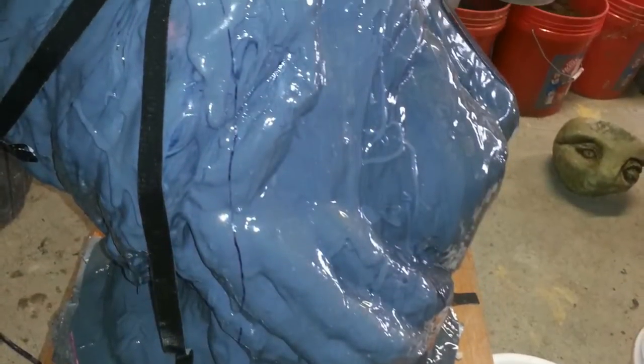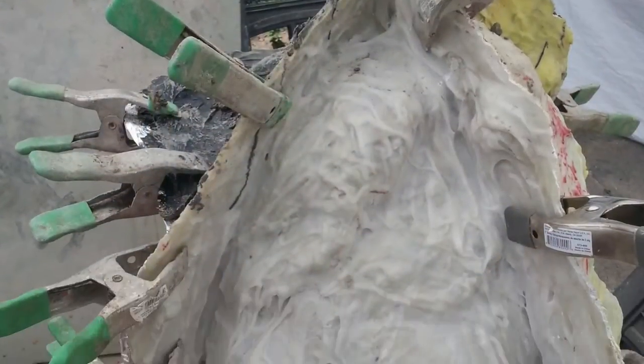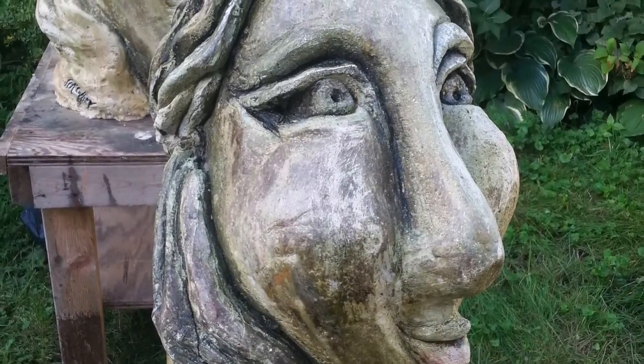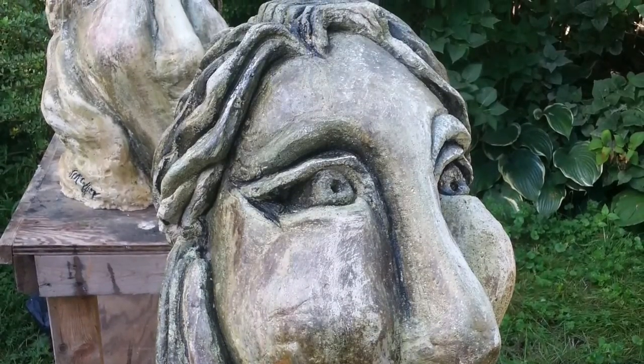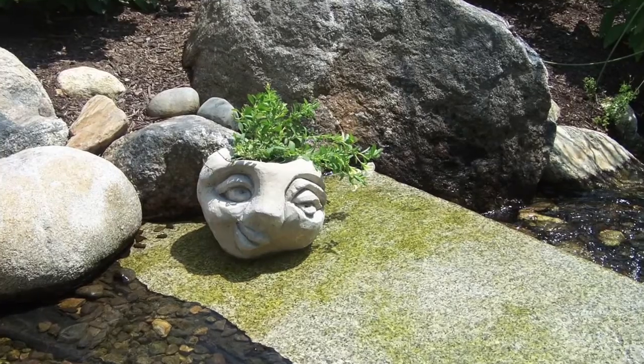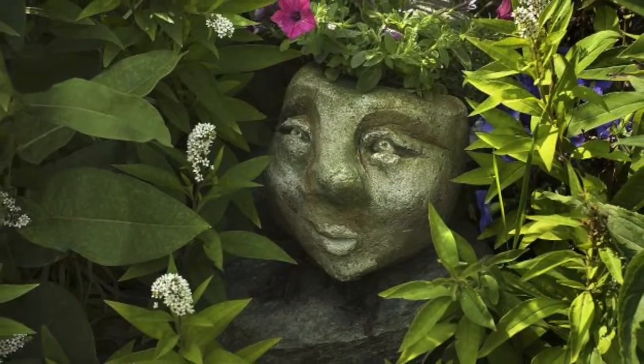In order to get more details, I will often add clay to the concrete form before making molds. I still take the concrete sculpture out of the molds before it cures so I can hand carve the details and work the surface. So I love concrete, and I love that the word concrete is used as a metaphor,